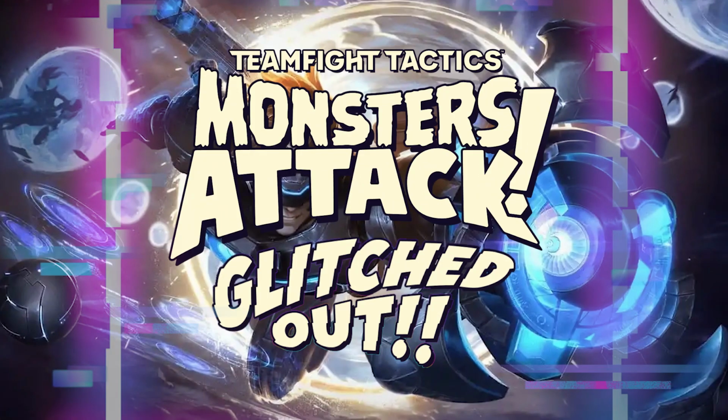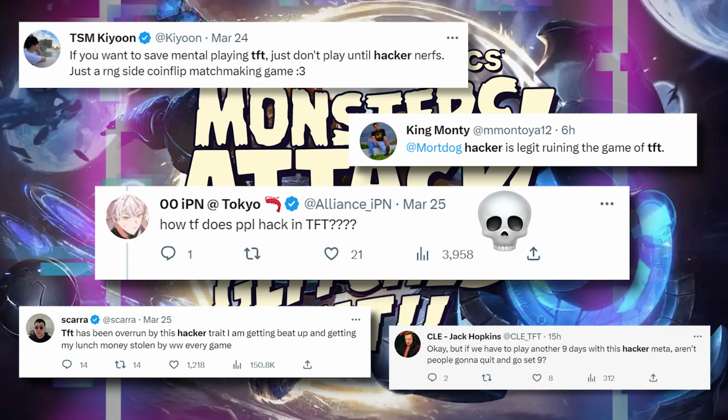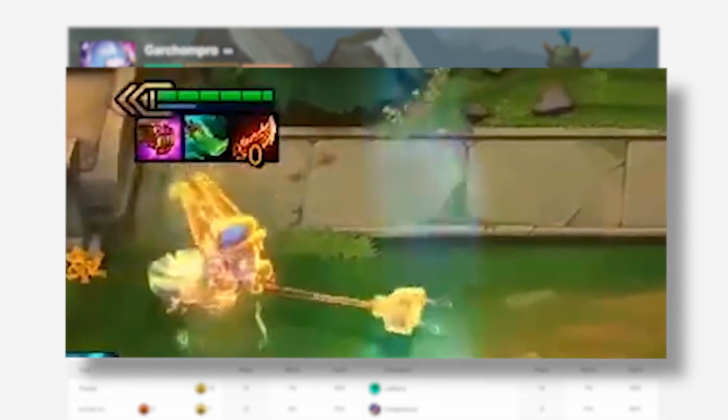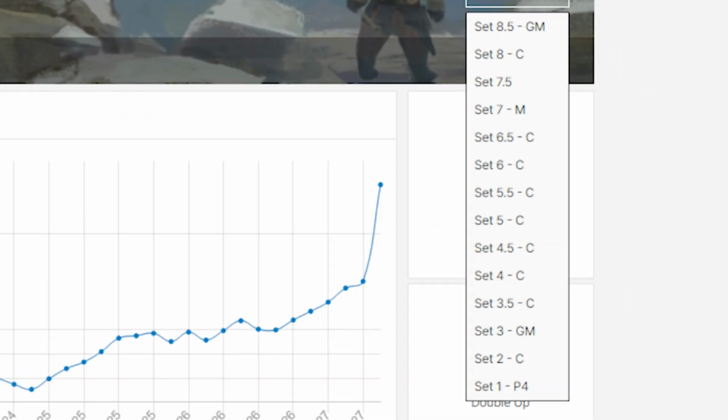If you've played any Set 8.5 at all, you would know that currently there is a hacker infestation. It feels like in each lobby there's 3 to 4 Warwick players, and sometimes you'll even see a hacker Lulu come in and one-shot your carry. My name is Garchompro, I've been Challenger since Set 2, and what I'd like to talk about today is how